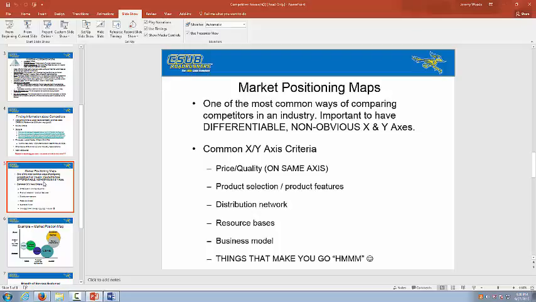So you could have price and quality here, for example. The reason I don't want price and quality on different axes is that it doesn't tell me something that I didn't already know. What usually happens when quality goes up? Yeah, so anything in a graph that has quality and price on two different axes is going to be somewhere on that line, and it doesn't tell me something I didn't already know. So if we had price and quality on the same axis, however,